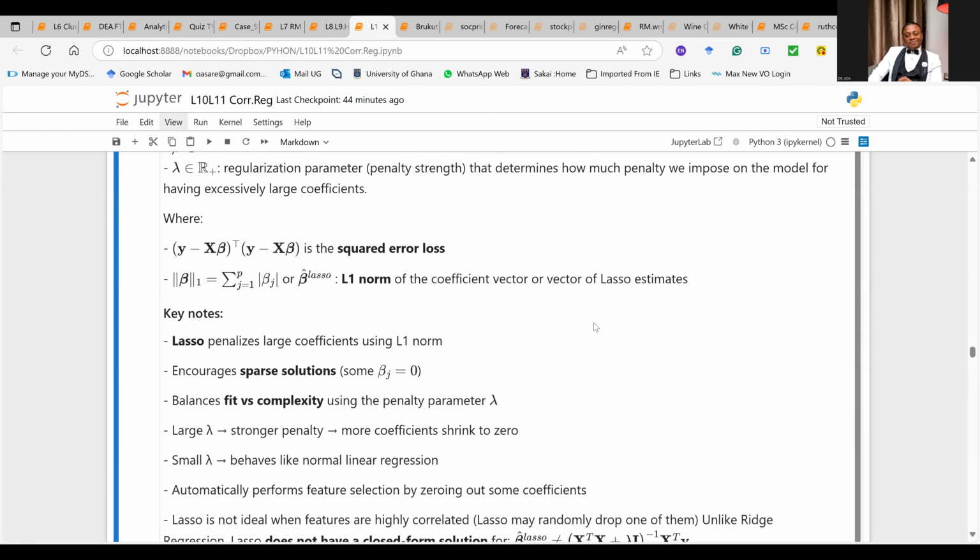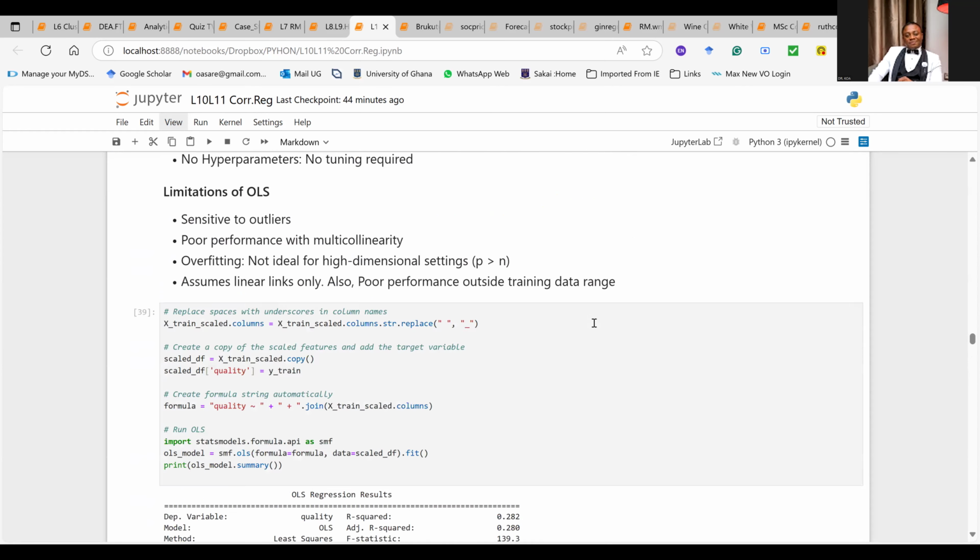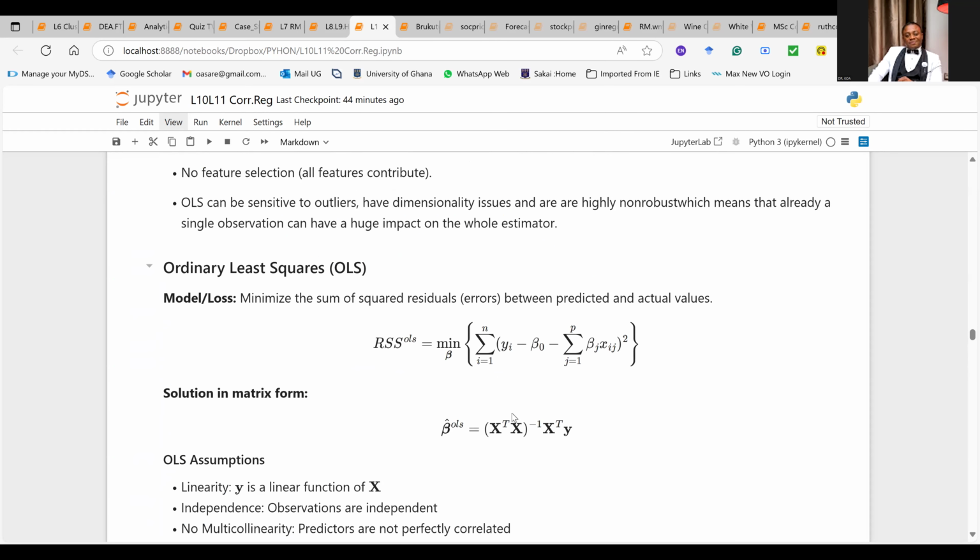Okay. And OLS regression is the baseline. And the last time I walked you through the OLS regression, this is the OLS regression, the baseline. This is a residual sum of squares that estimates the parameters. You don't understand, you ask. You're supposed to know the model and put the model down.